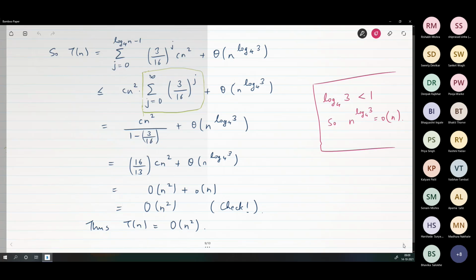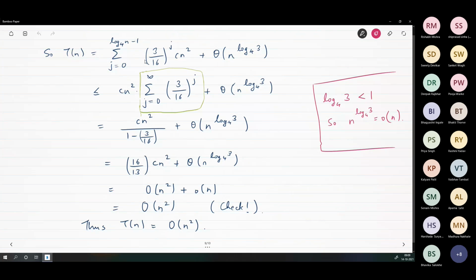Then adding all these costs, T of n is adding all those costs from level 0 to level log n to the base 4 minus 1, which are all of this form. For a level j we have (3/16) to the j times c n squared, plus the cost at the final level, which is theta log